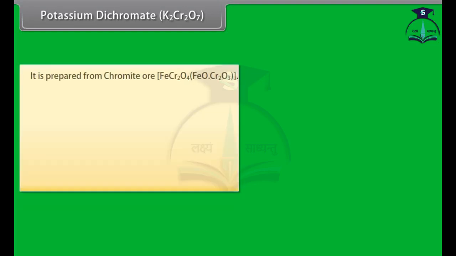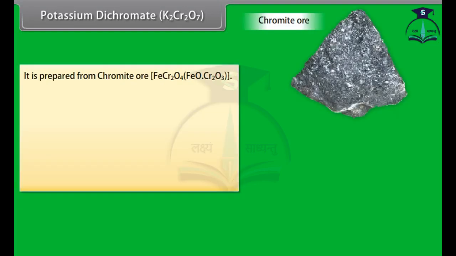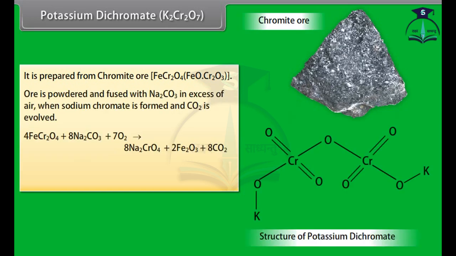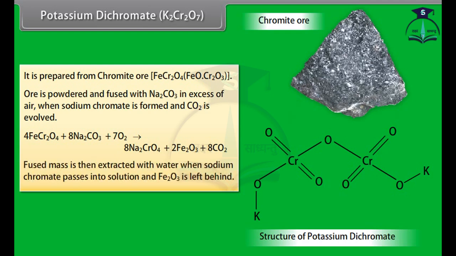K2Cr2O7. It is prepared from chromite ore. Ore is powdered and fused with Na2CO3 in excess of air when sodium chromate is formed and CO2 is evolved. Fused mass is then extracted with water when sodium chromate, being soluble in water, passes into solution and Fe2O3 is